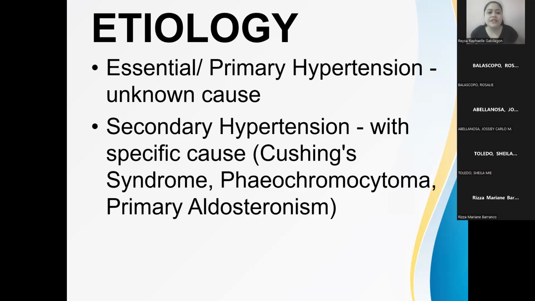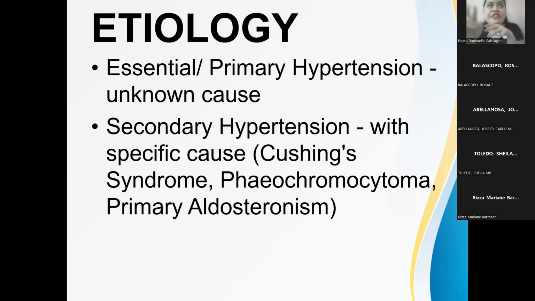Anyway, aside from Cushing syndrome that will lead to increase in the blood pressure, we also have pheochromocytoma. And I guess I mentioned this last time sa inyo. Pheochromocytoma naman is a tumor in the adrenal medulla. So what's their difference? Cushing syndrome, the tumor is in the pituitary gland, while the pheochromocytoma, the tumor is located in the adrenal medulla itself. And this tumor triggers to release a lot of norepinephrine and epinephrine in the body.